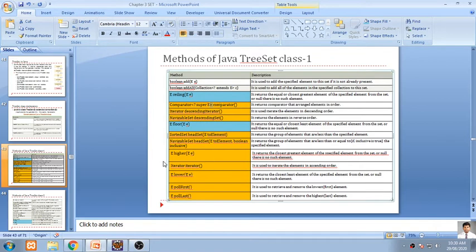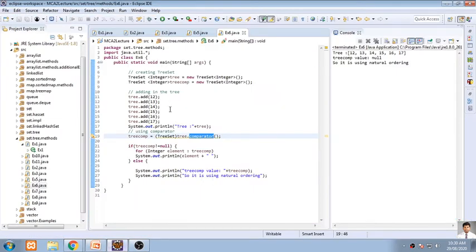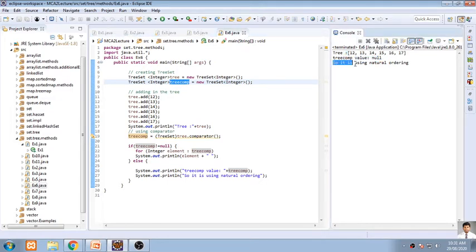So comparator is only for comparing the elements of one tree set with the elements of another tree set. So all elements will be compared with one another. Here my second tree set is containing nothing, so there is no comparison.